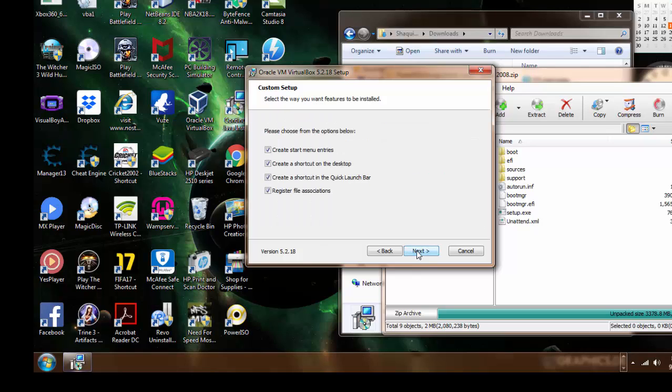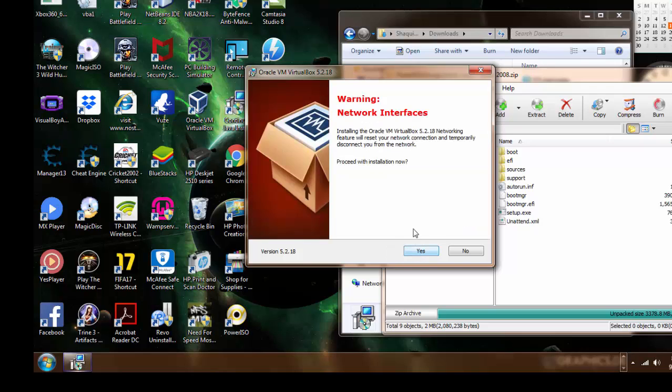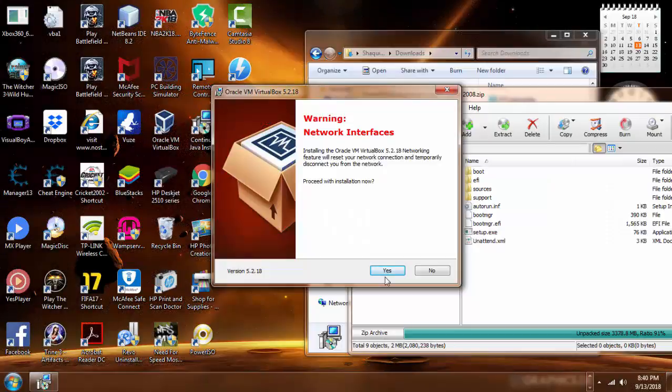Click on next. It has many different shortcuts here that you can utilize. I'm just going to click on all. Click next. I'm not going to click on yes because I already have it installed. But when you click on yes, it will run with the installation. Then when it's complete, you click on finish and then it will be installed. So catch me on the next part. All you have to do is click on yes, wait for the program to install,